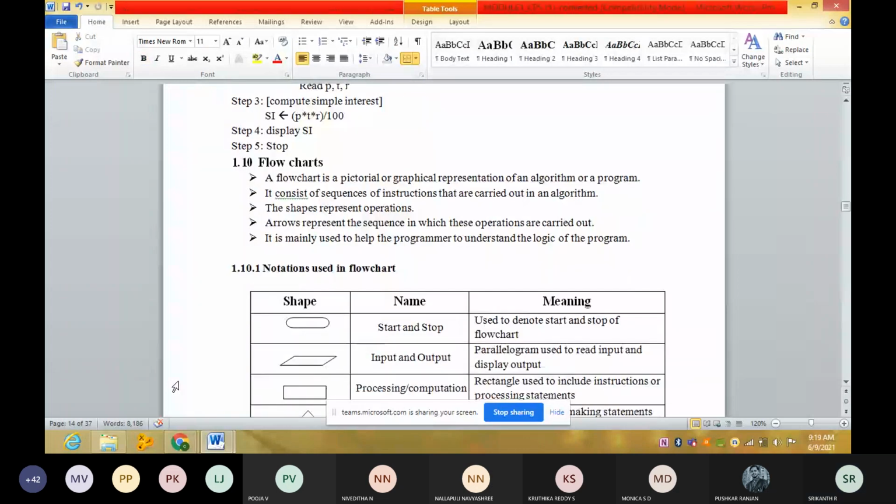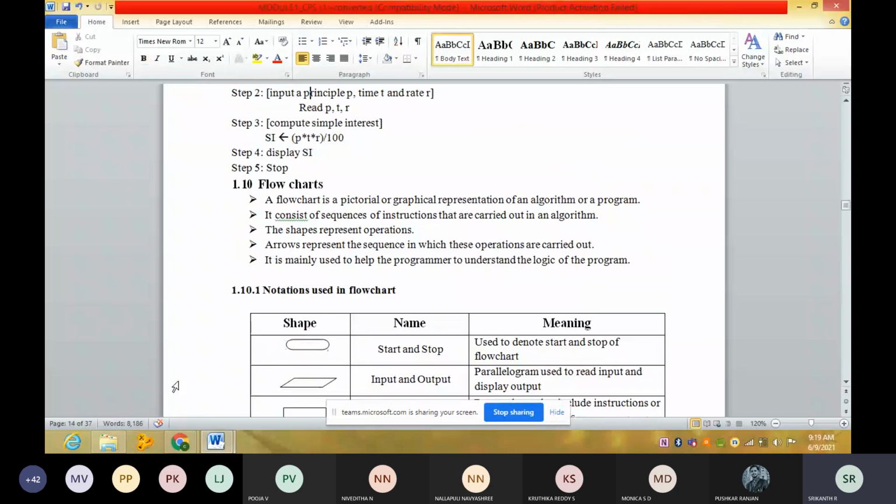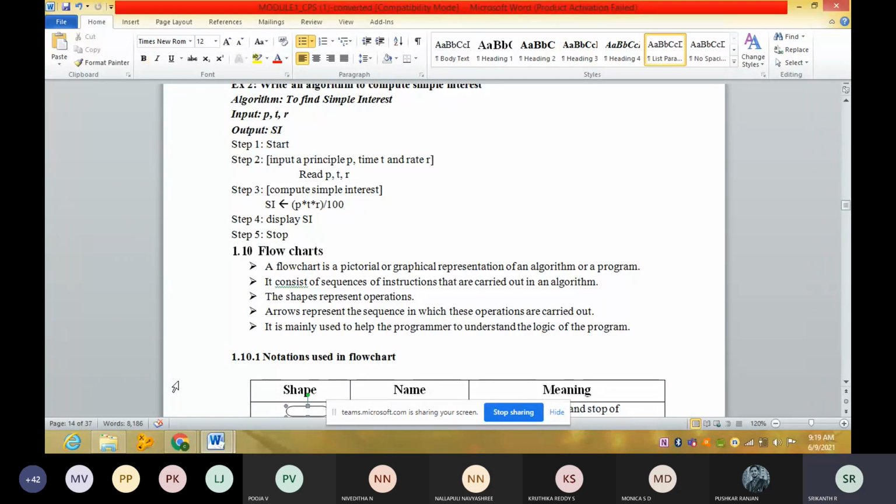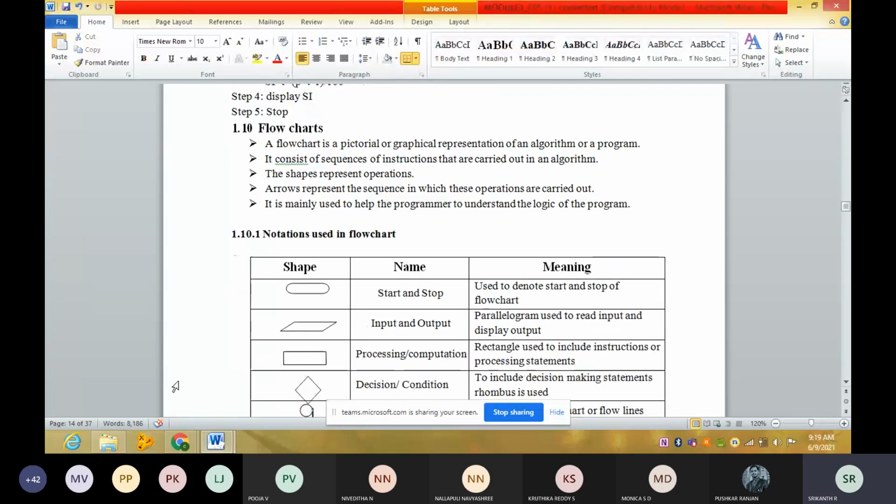See here, in this algorithm, there is a start and stop, right? We are going to use this oval shape to denote the start and stop of an algorithm.